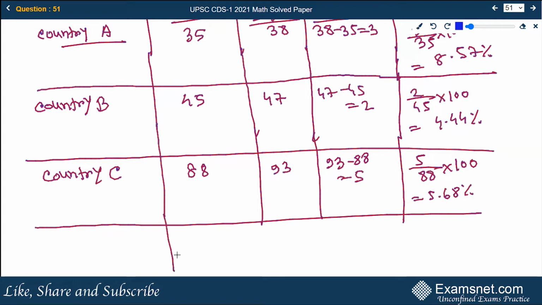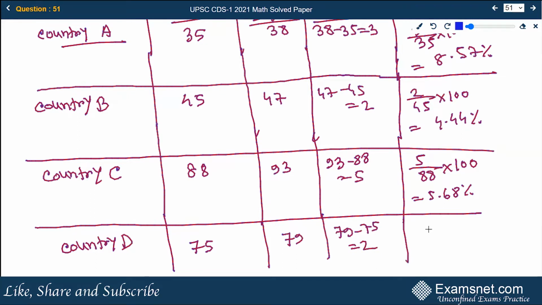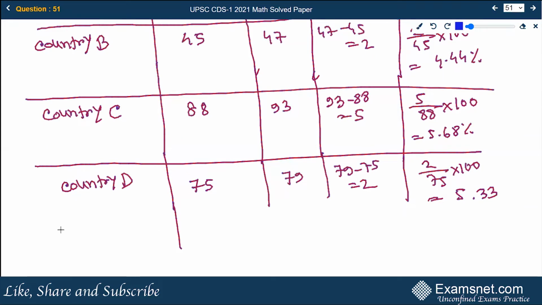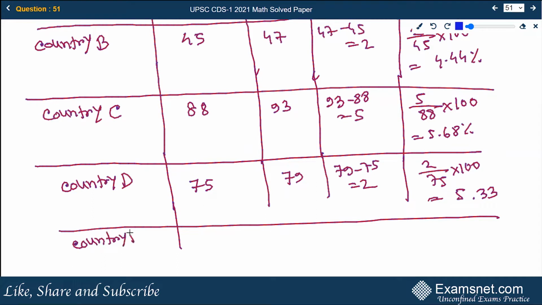For the next country, that is country D, the production of the cars in 2015 is 75 lakh. For 2016, it is 79 lakh. So the change is 2 lakhs. So 2 by 75 multiplied by 100 would result in 5.33%. And the last one, country E, 58 lakh in 2015,